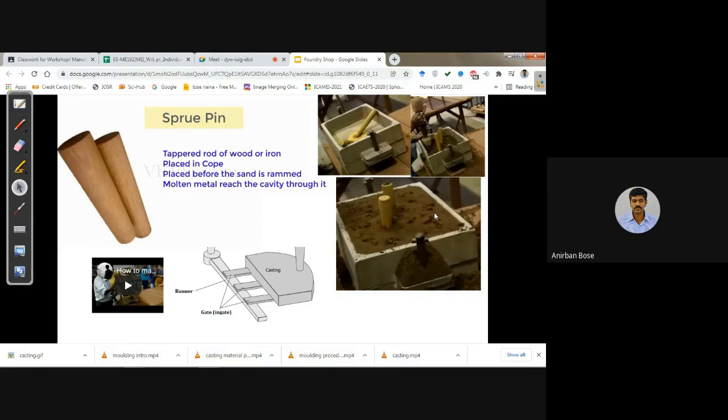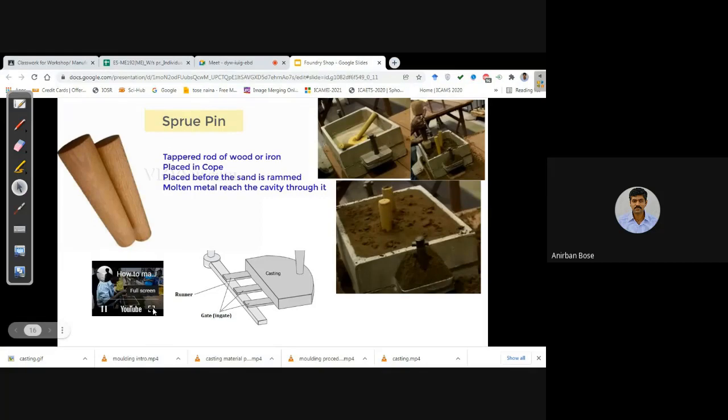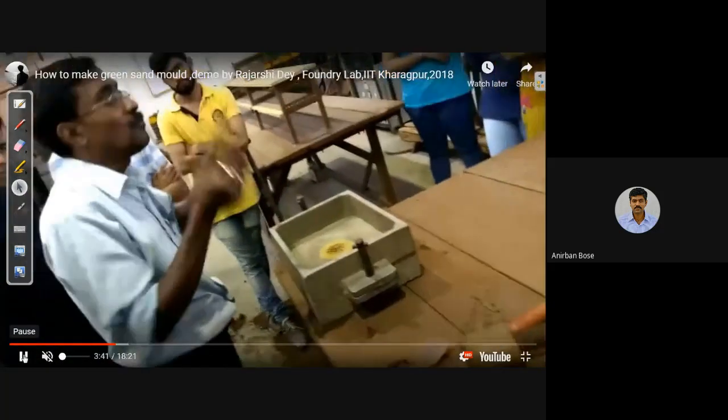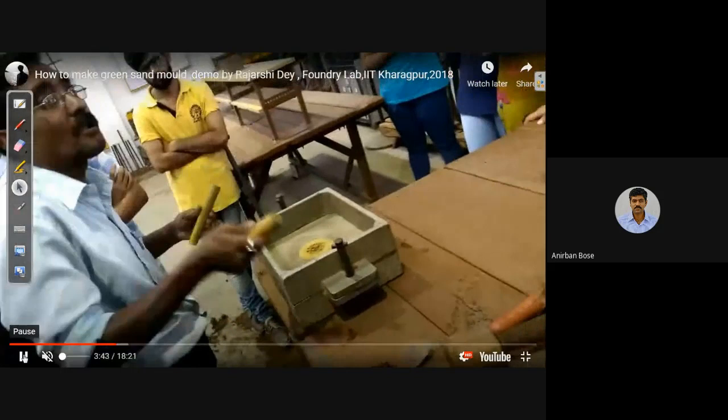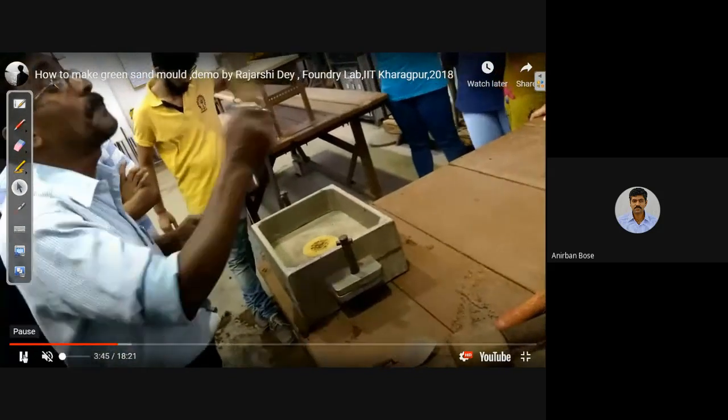So to create the sprue, we use the sprue pin, or to create the riser, we use the riser pin. In this particular video, there are two pins which are used. One is the sprue pin, another one is the riser pin.